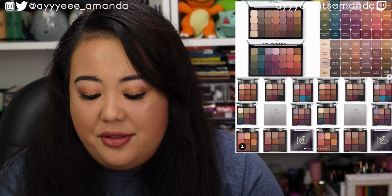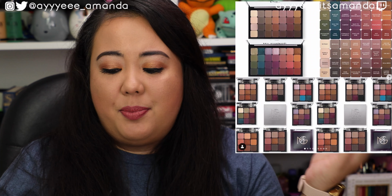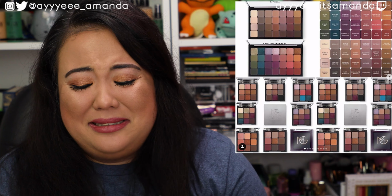Makeup Geek has recently rebranded. I know there's a lot of mixed reviews on the rebrand. Makeup Geek is a brand I am very intrigued about. I do find it a little bit more expensive, but it is all manufactured in the US. The big mega palettes ended up being about $4 per shade. The shades just didn't seem as bright as I thought it would be. They kind of look pretty dull. I don't want to sound too harsh, but that's how I'm talking myself out of splurging like $140 on one